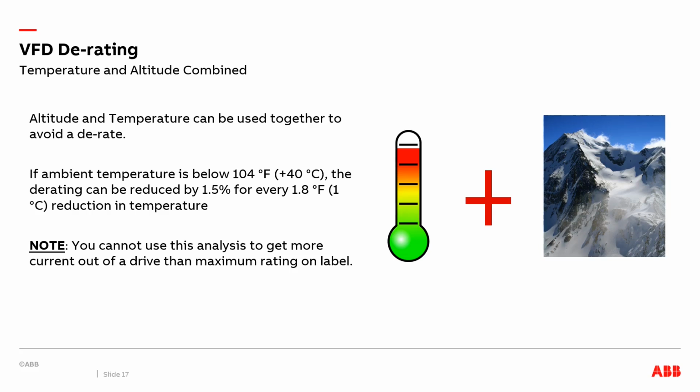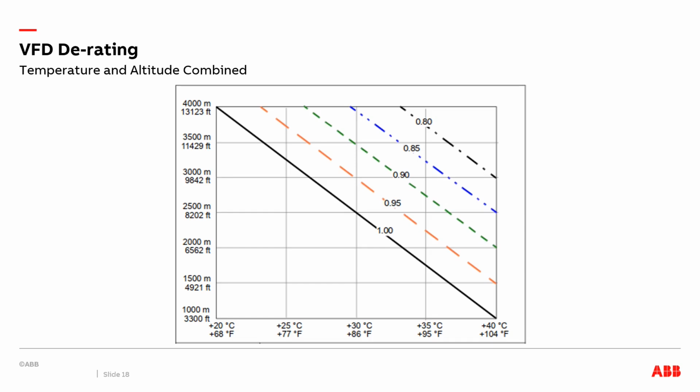I want to note this, and I'm going to say it probably multiple times throughout this presentation, but you cannot use this analysis to get more current out of a drive than the maximum rating on that label. In the next slide, I want to show you guys a chart. This is a chart that's inside our manual for the ACH 580, and this will actually show how you can possibly use temperature and altitude, combine them together to your advantage